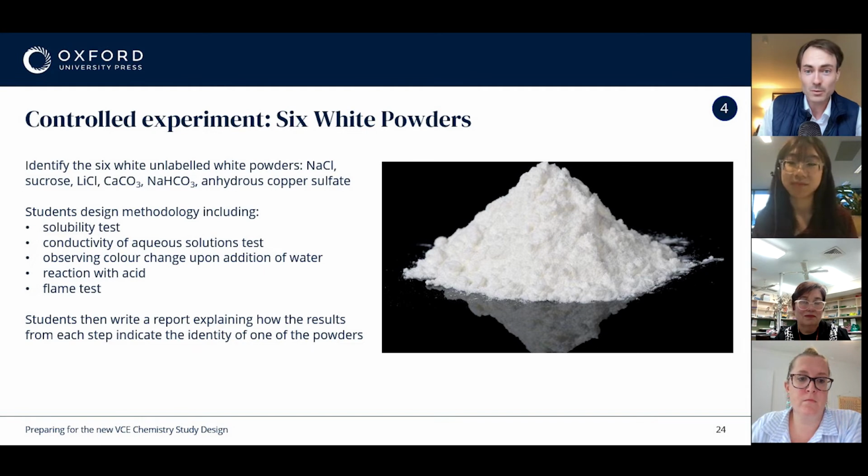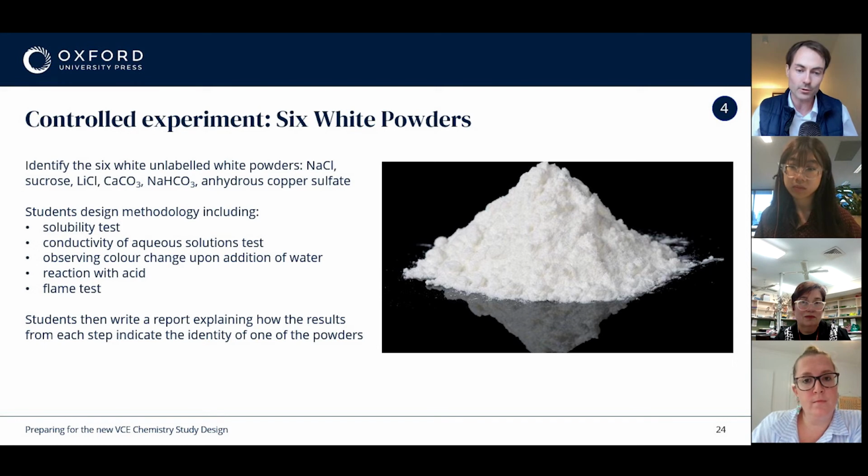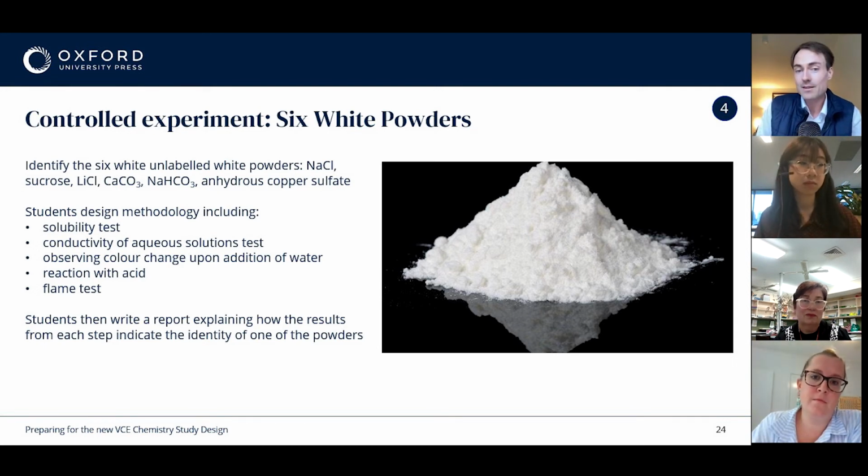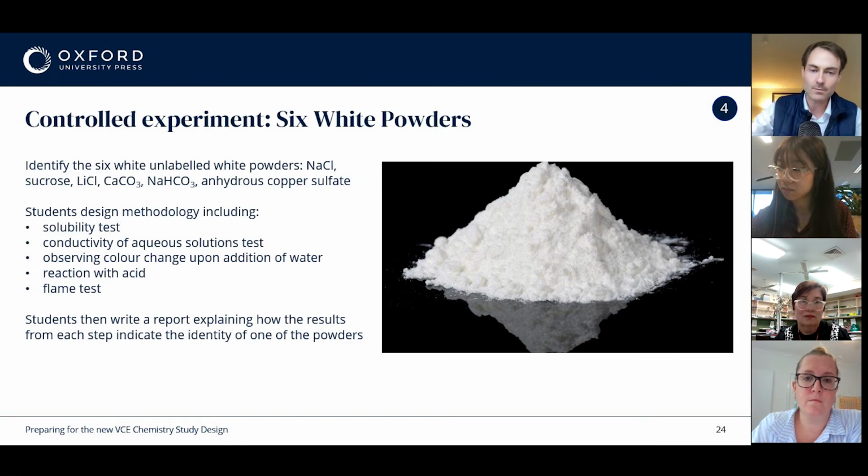So basically, I got not much more than this slide in my assessed A-level prac, but you can scaffold it for students who need more support if you want to. I'd recommend at the maximum scaffolding level, you could have 3 checkpoints where students first have to write a method where they would carry out these tests in this order. Write a reasonable method, write down the safety, etc., have that checked, and then they have to make predictions. Maybe they formulate the method as a flowchart as well, then make predictions about what would happen in each case. They have to look that up. It's a take-home task. They then get that checked. They then have to